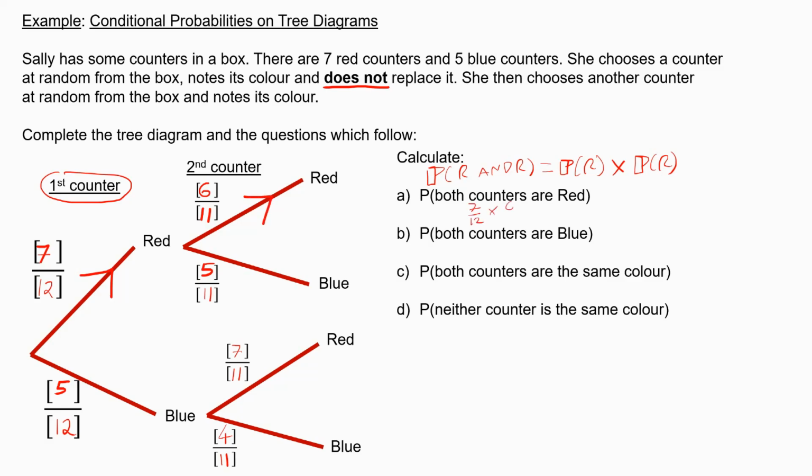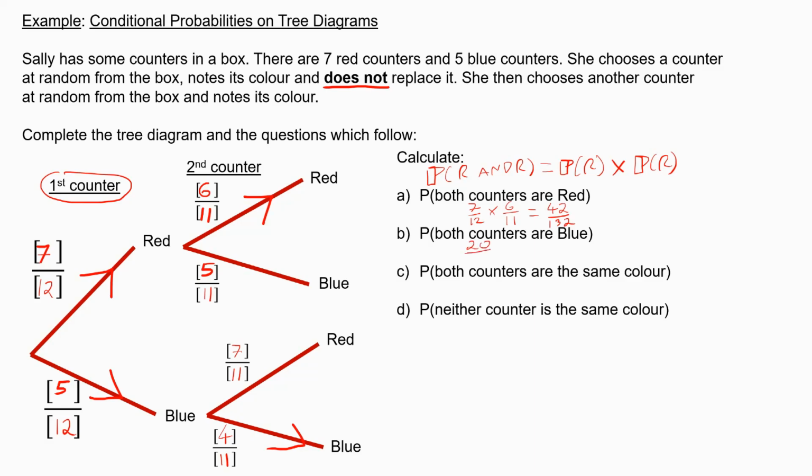And to work this out, I can just multiply the top by the top and the bottom by the bottom, giving me 42 over 132. The probability that both counters are blue is going to be 5 twelfths times 4 elevenths, which will give us